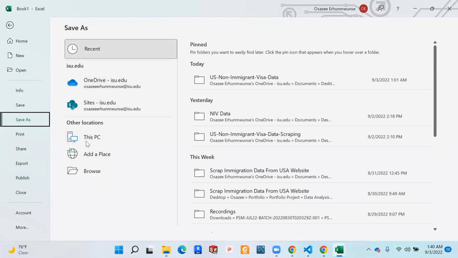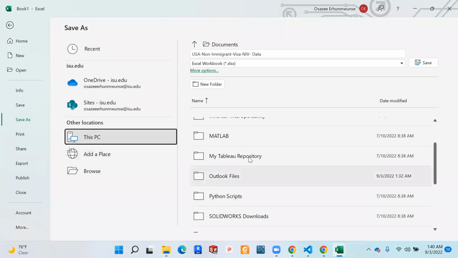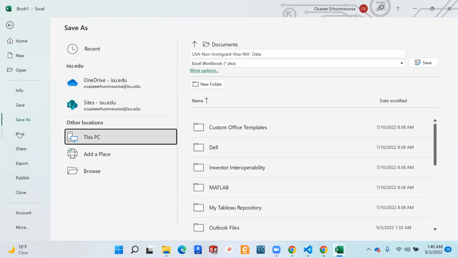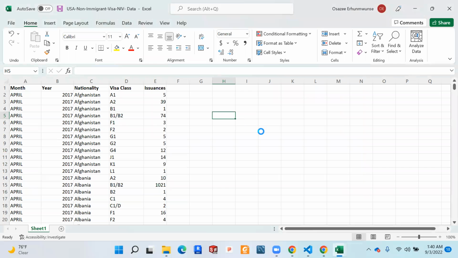That's the desktop, this PC. Why is it difficult to get browse? So let's go to this one. So I'm just going to say, okay. So yeah, I'm going to upload this to